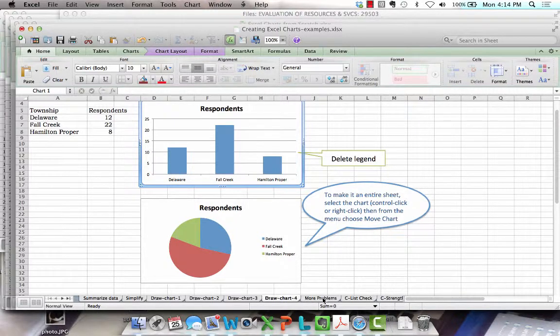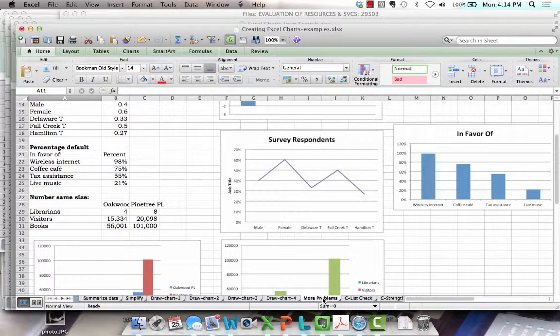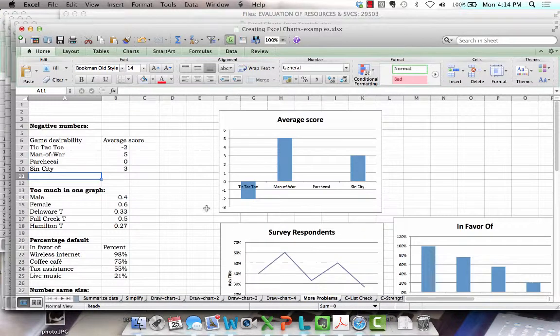In More Problems, I show you some ways to get into trouble. Let's go at the top. First of all, don't ever have a scale that goes from negative to positive. It is very difficult to graph. Here you can barely read, tic-tac-toe. For the too much in one graph score, here,